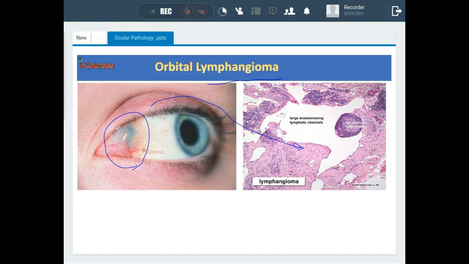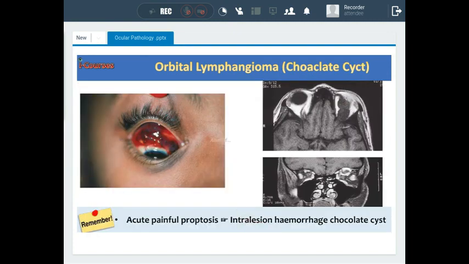However, sometimes this patient can develop rapid proptosis, even within 1 hour. If there is rapidly progressive proptosis, pain, and hemorrhagic swelling like this, you may suspect the presence of a chocolate cyst. Chocolate cyst means that there is a hemorrhage inside the orbital lymphangioma. When you order imaging, you will find a hemorrhage, caused by intralesional bleeding inside the